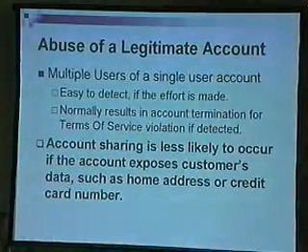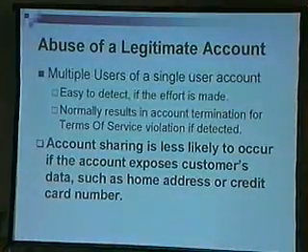Account sharing is less likely to occur, though, if the system exposes, like, your credit card data, address, things like that. If I see a system exposes my address, who I am, and whatever, I'm really not going to want login and password as my login and password, because I really don't want that information that open. But if the account doesn't expose anything to me, if it's simply a you have access or don't have access, fine. Login and password will work just fine. And also you can share it with anybody else. It doesn't matter.